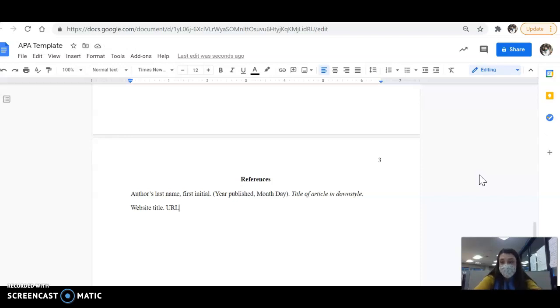Now, all reference pages have something called a hanging indent, which is when the second line of your citation is indented, just like you would a paragraph, except reversed. So in order to do this, I'm going to go ahead and highlight my whole citation, and I'm going to